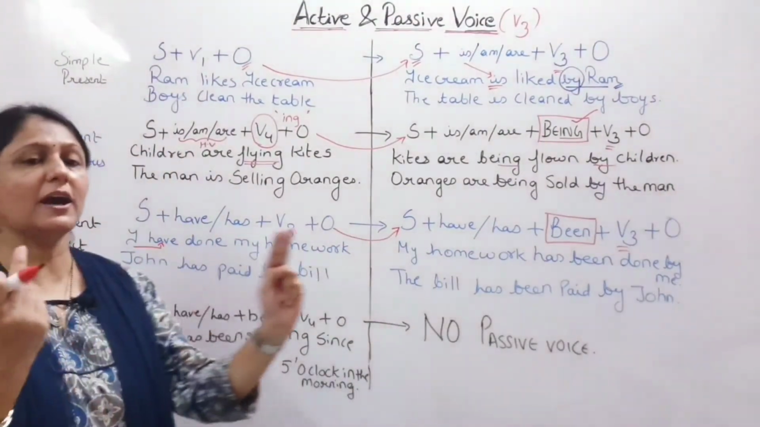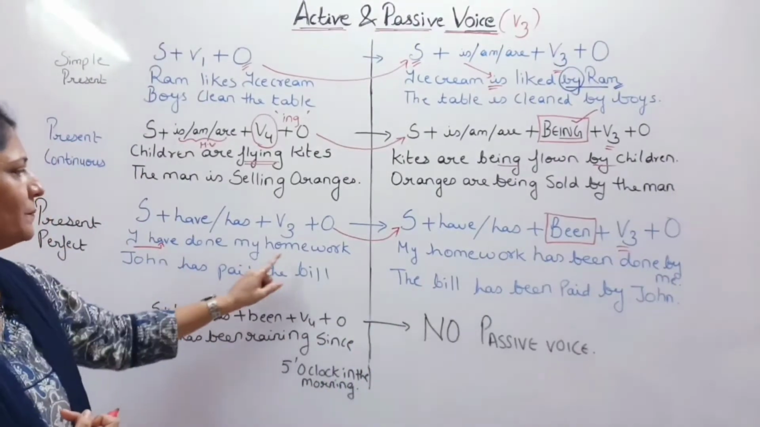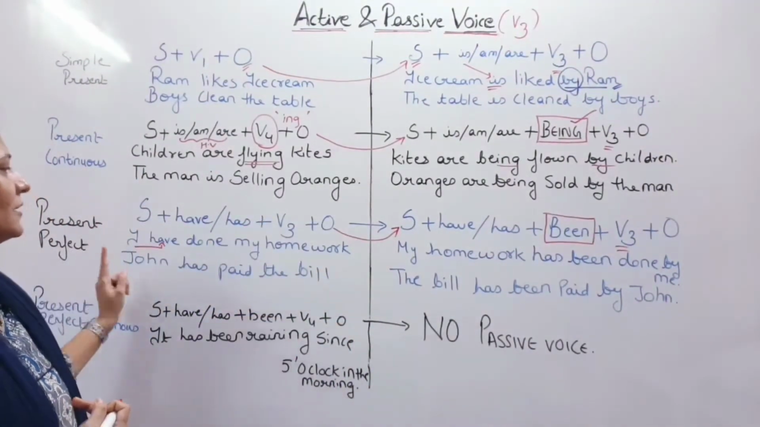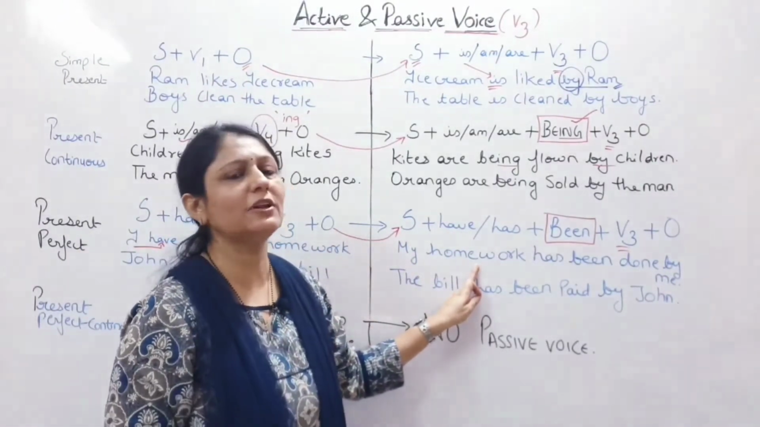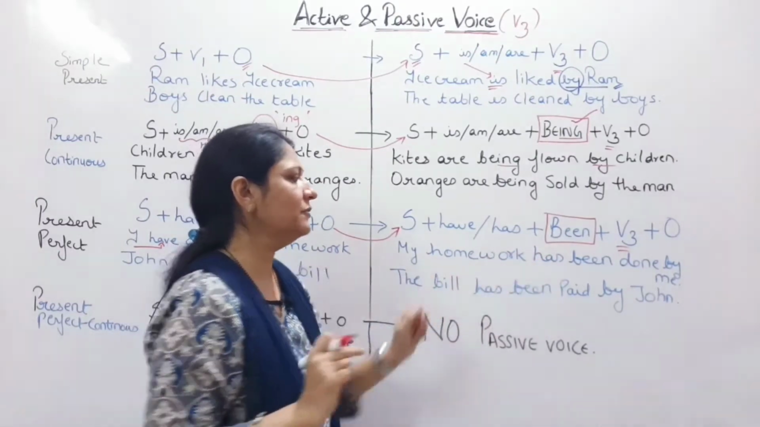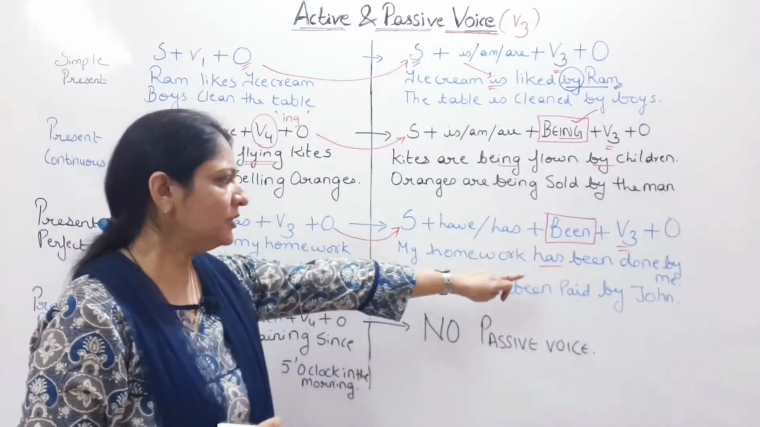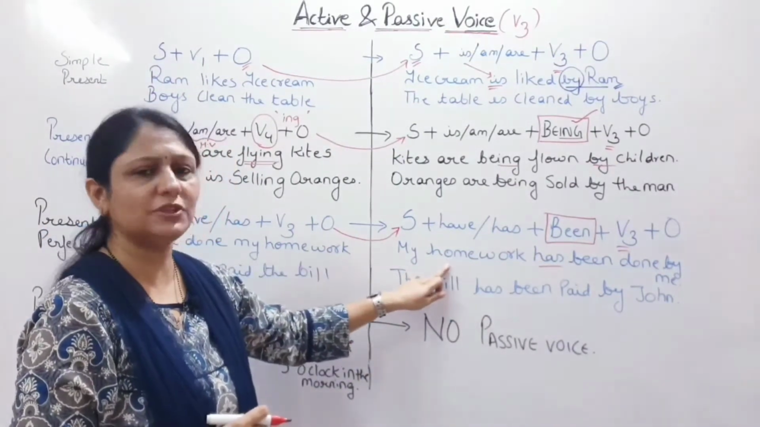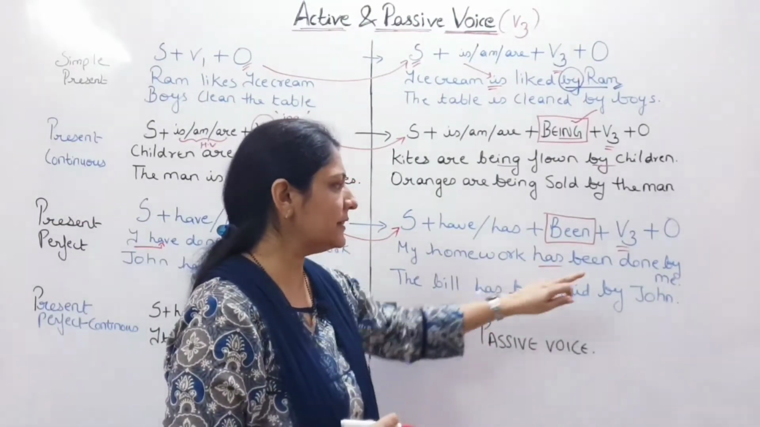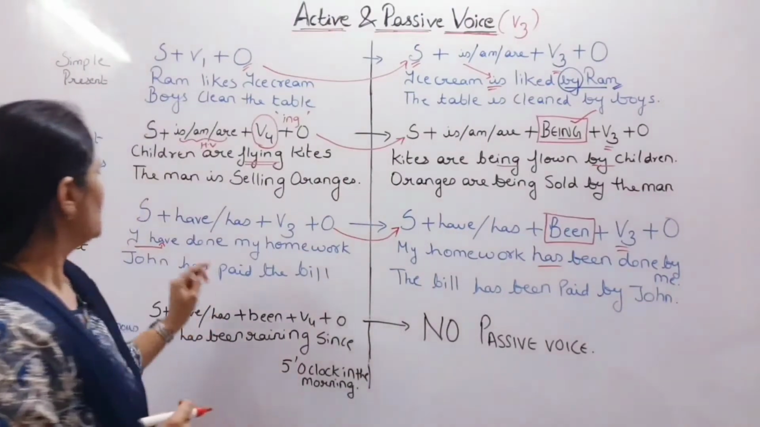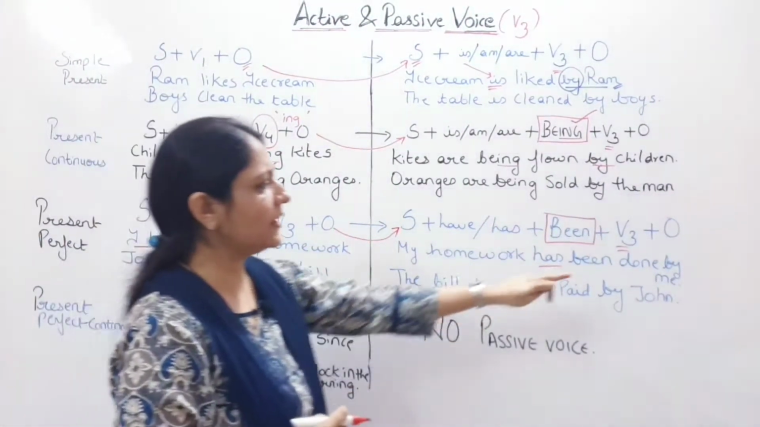Now when we interchanged, subject and object replaced each other, what happened? I went to that side and homework came to this side. So when homework came here, homework is a singular subject, and instead of have we have written has over here, which is in accordance with the subject, which is singular. My homework has, correct, been added, done. Now done remains the same here because it was already V3,